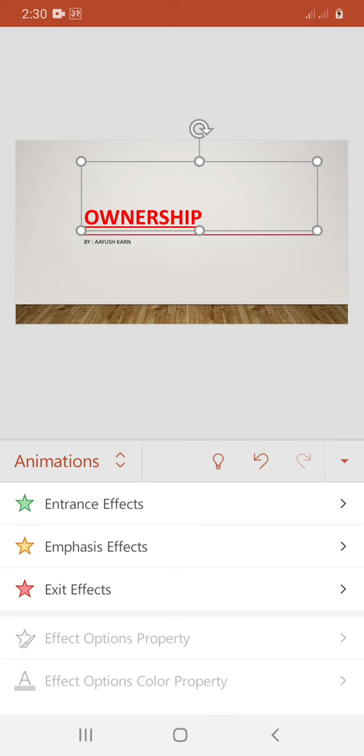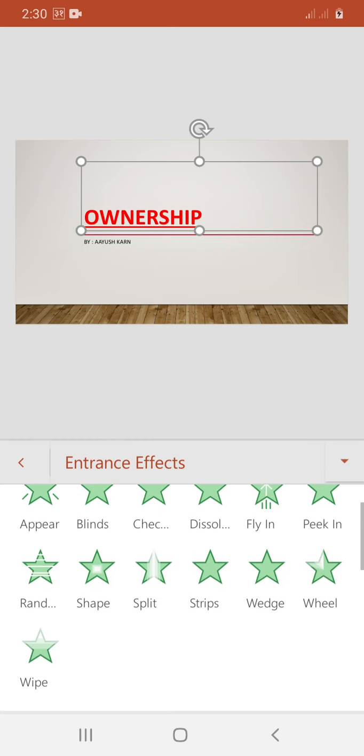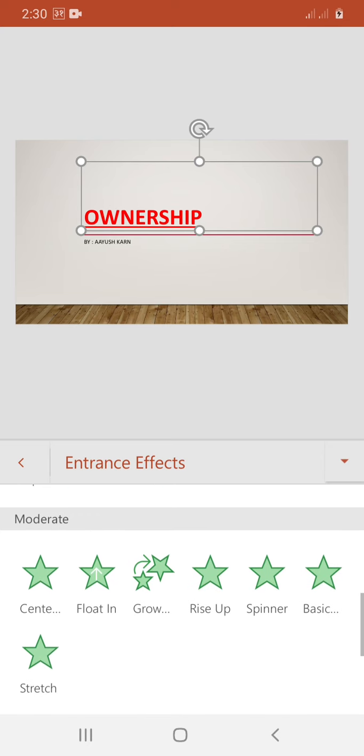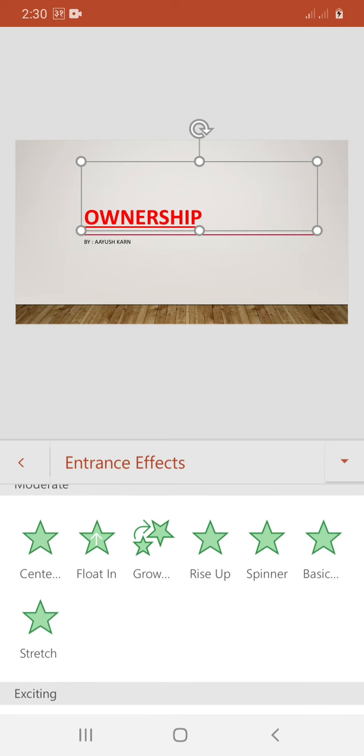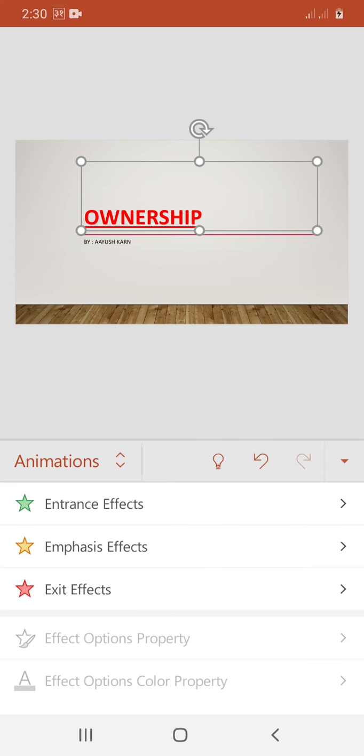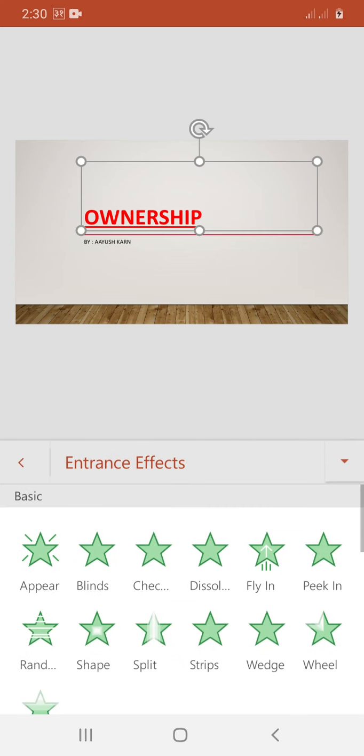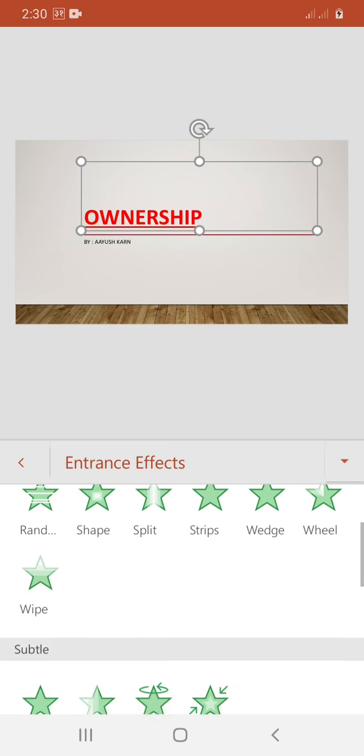And the exit effect shows how your text exits from this slide. For example, after tapping on the entrance effect, I will find a lot of options. I am clicking on this spinner effect. By tapping on the spinner effect, certain changes are added.